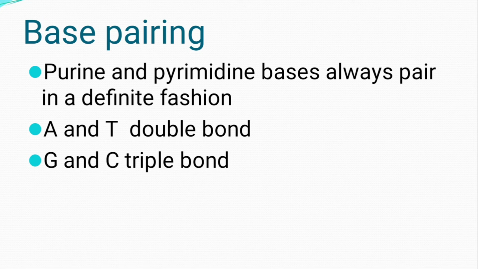Next, base pairing, that is purine always pairs with pyrimidine. That is a well known fact. How they get paired: adenine always pairs with thymine with a double hydrogen bond. What bond? Hydrogen, double hydrogen bond. Okay, and guanine always pairs with cytosine with a triple hydrogen bond. Okay, this is a very, very, very important question. I can say for sure this question will be asked in any agriculture competitive objective examinations.